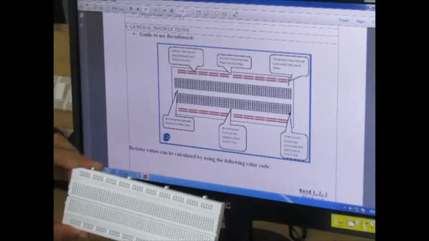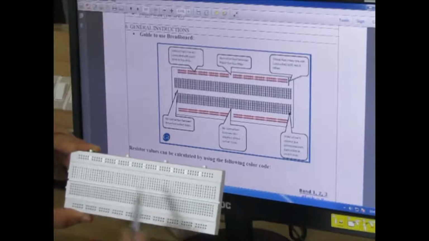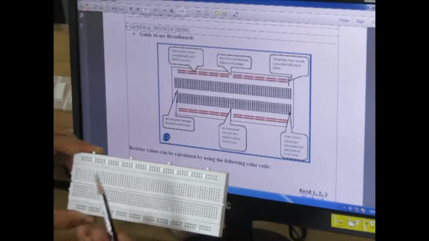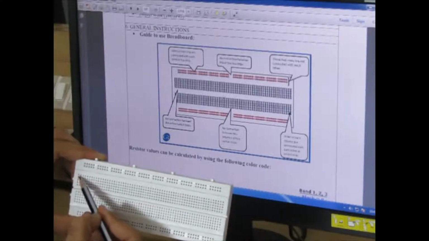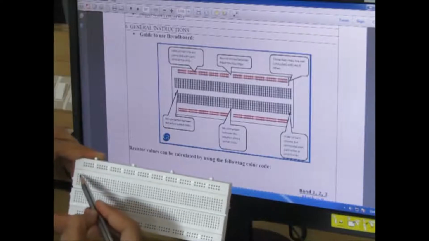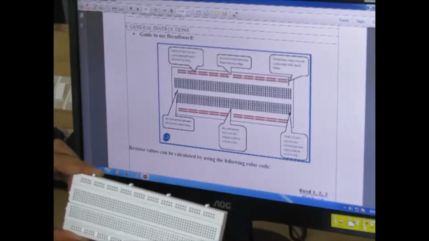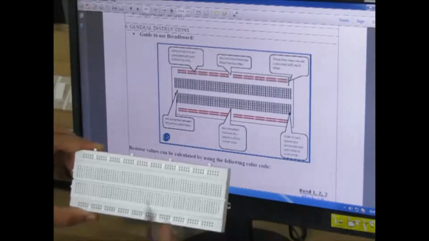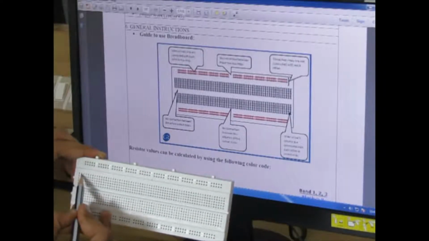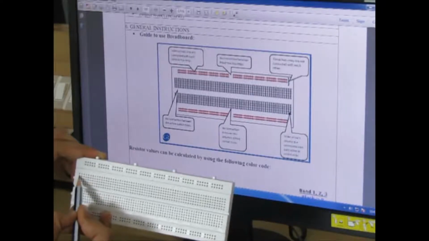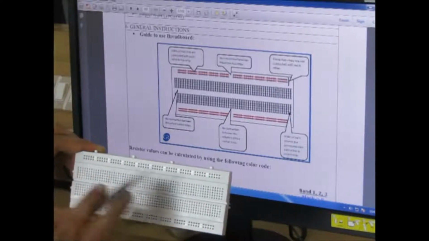Now when you come to the middle part, many holes are present, but the logic is somewhat different. Here these 5 holes are connected vertically. Similarly all these holes are connected in a vertical fashion, as you can see on your slide, and there are no horizontal connections. This hole is not at all connected with this hole, and similarly this hole is not connected with this hole. So vertical connections are maintained in these holes.